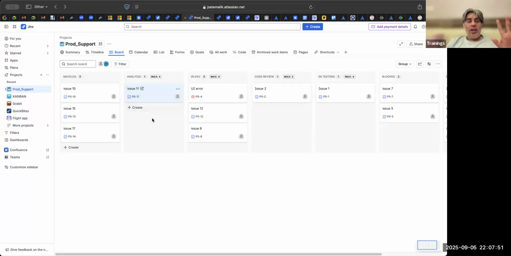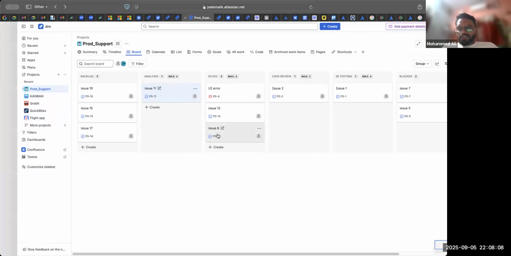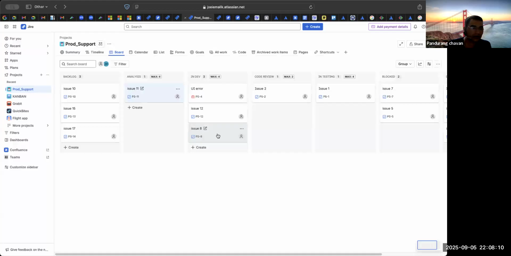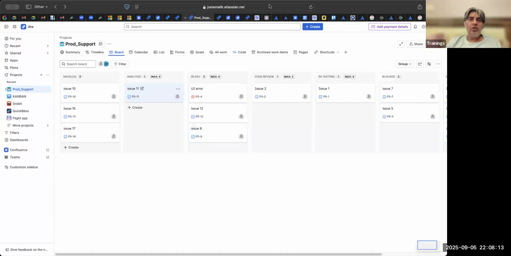Again, the point is WIP. I just wanted you to explain how WIP works on a real-time basis. That was the whole point. Then I'll come to the other. Is this clear to all of you? How do you create a Kanban board? This is a Kanban board and you put limits to it. That's all. In the interview, if you can explain this much, you're already better than 90% of the candidates. You know how the WIP limit works.